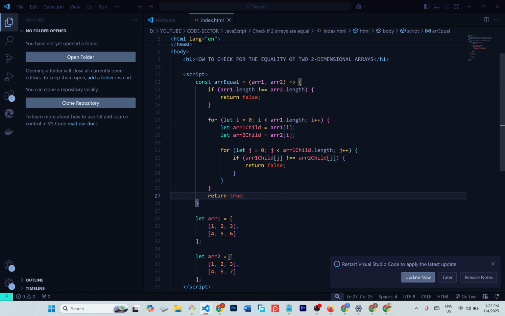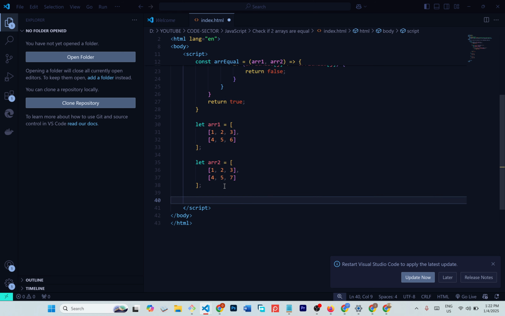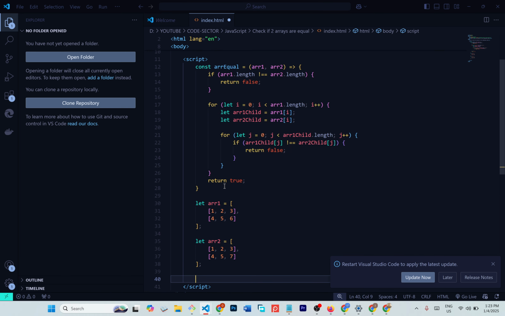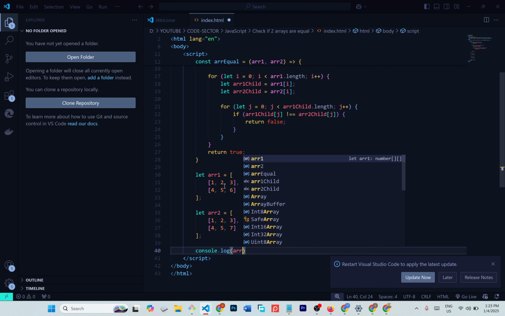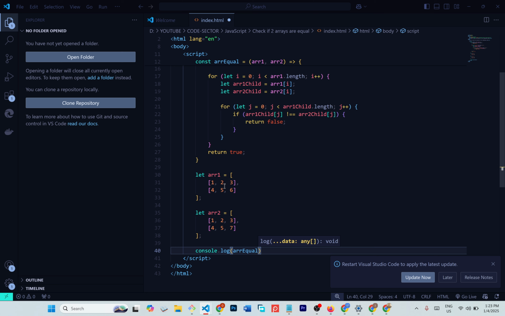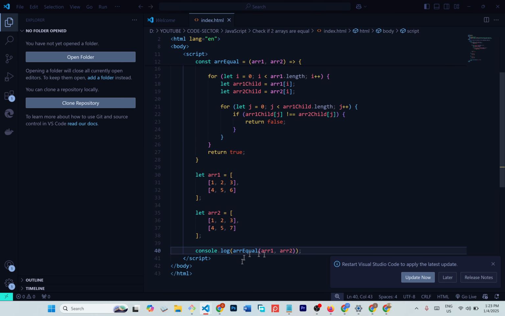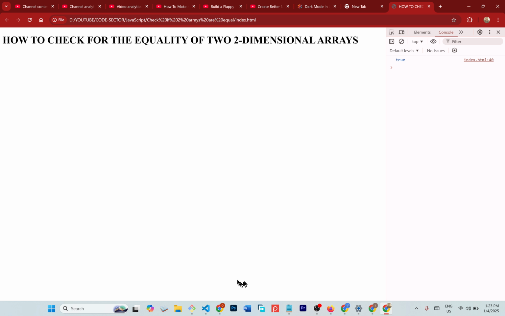So I can save this, then we need to call our function. So I can just say console.log r equal, then we can say r1, r2, then we can end that and save, and I can come here, then Ctrl Shift I, and I can reload. So it says false. But we should make this true by changing 7 to 6, then reloading, and hopefully we should get console log true. Yes, so that's how to check for